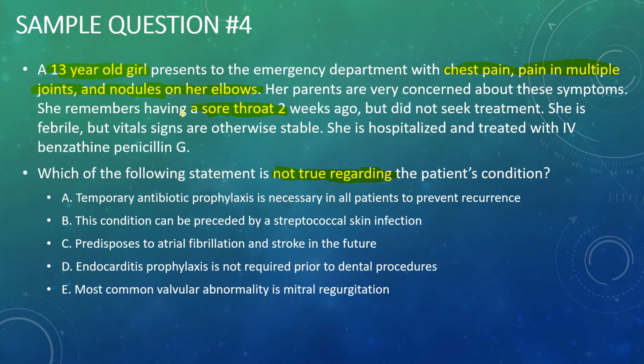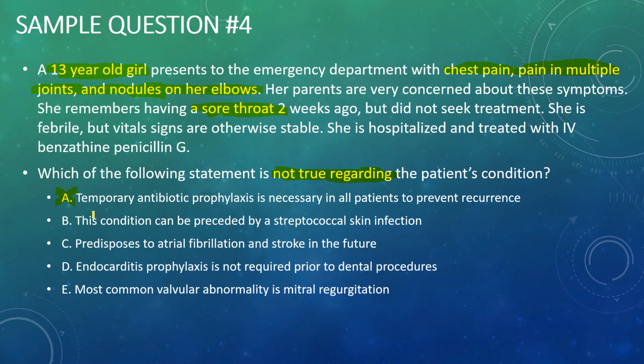Yes, this is rheumatic fever. So let's talk about rheumatic fever and see which of these apply. A. Temporary antibiotic prophylaxis is necessary in all patients to prevent recurrence. Do patients with rheumatic fever history need to get prophylaxis? Yes, they definitely need to, because if you have rheumatic fever, you can get it again, especially if you get